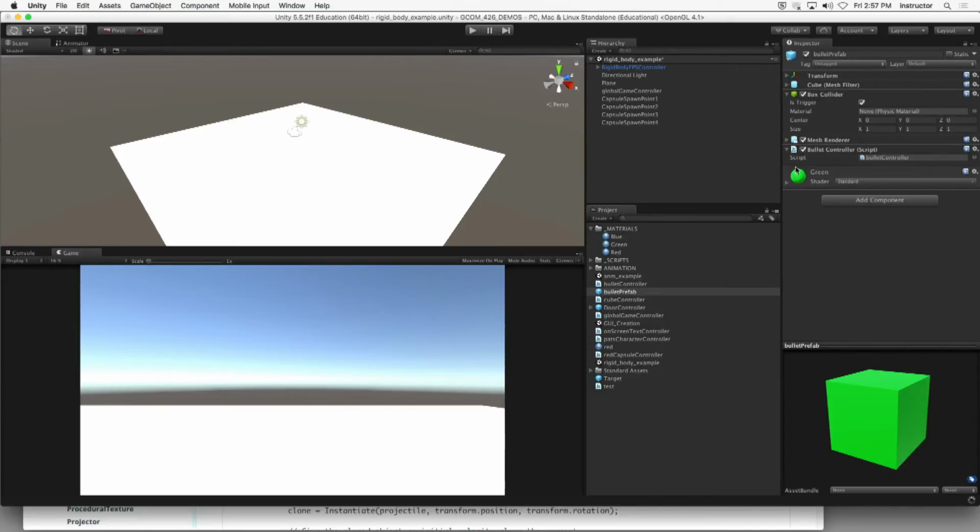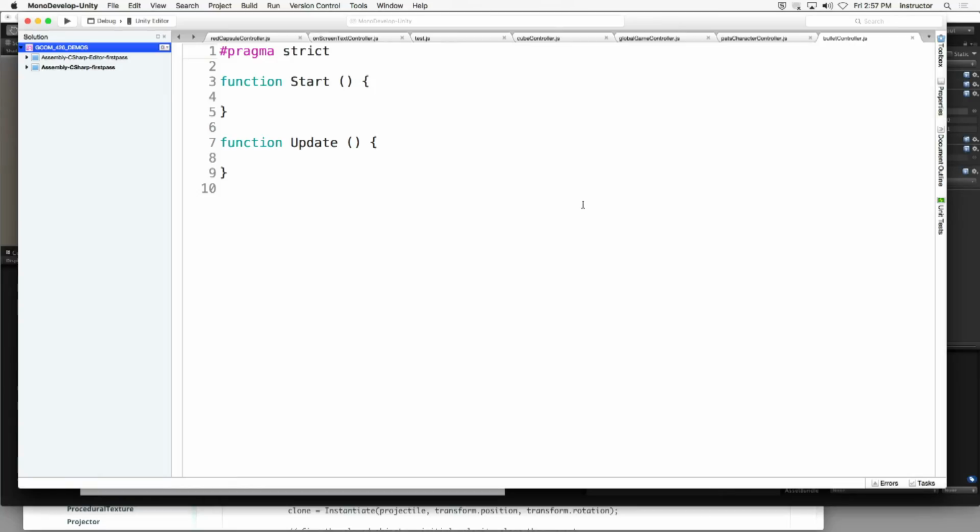There we go. Now I'm doing this naturally on the actual bullet prefab itself. And so what are we going to do here? When should we be destroying these bullets? In the update. Let's do the time destruction first, and then once we have everything else kind of in tow and working, we'll go back in and make the conditional destruction when it actually hits one of the red spinning capsules, okay? So under function update,